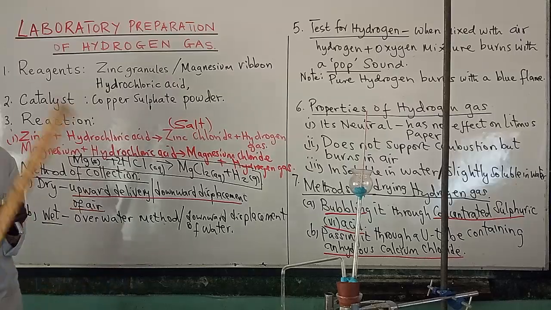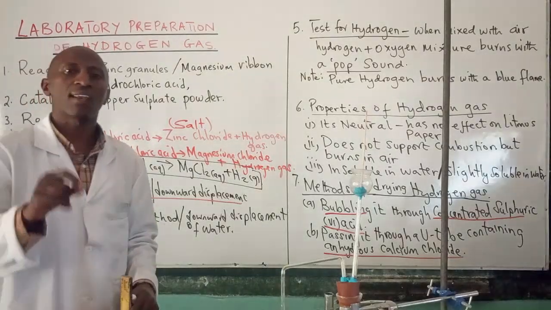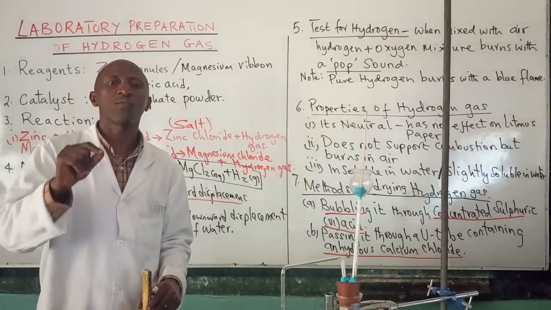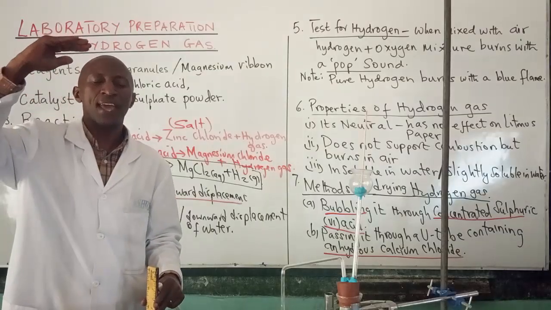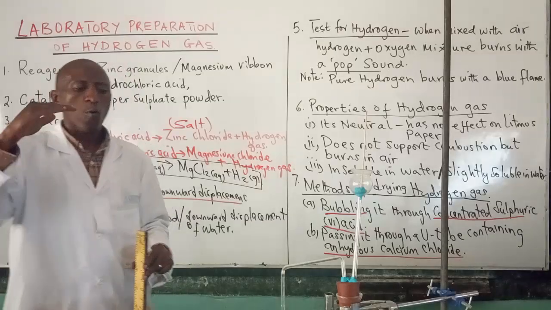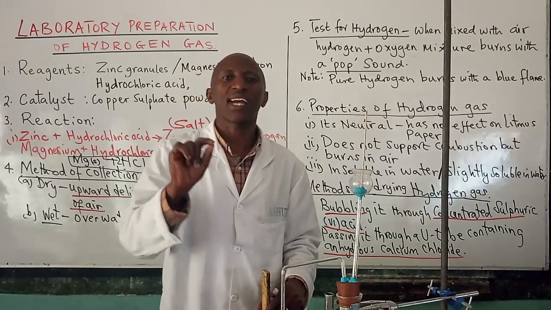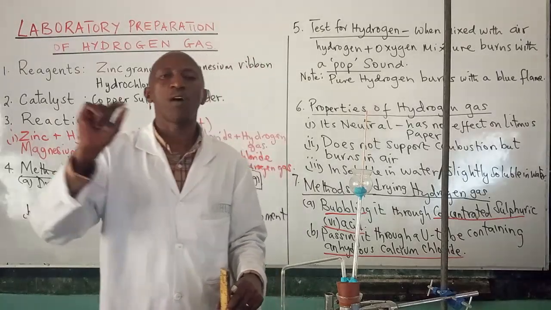This is because hydrogen is lighter than air. Its density is lower than that of the density of air, meaning it will float on air. Two, when we generalize and say a suitable metal reacting with a suitable acid,